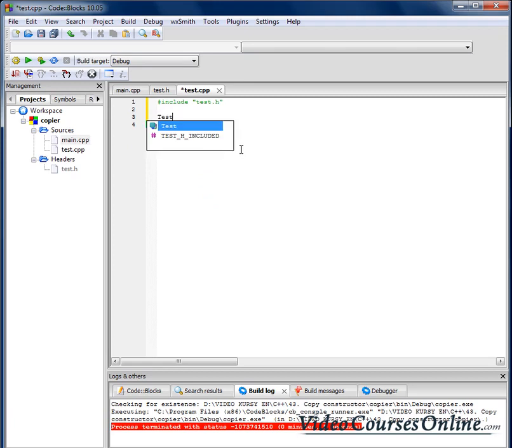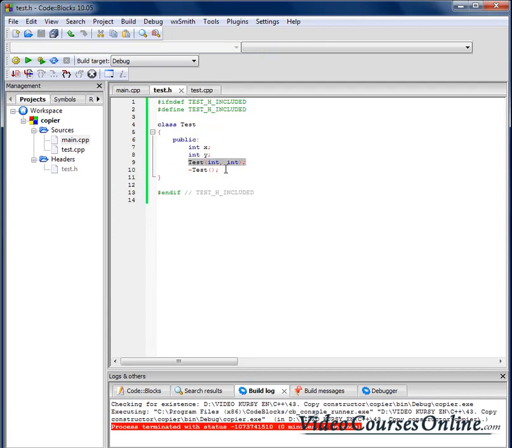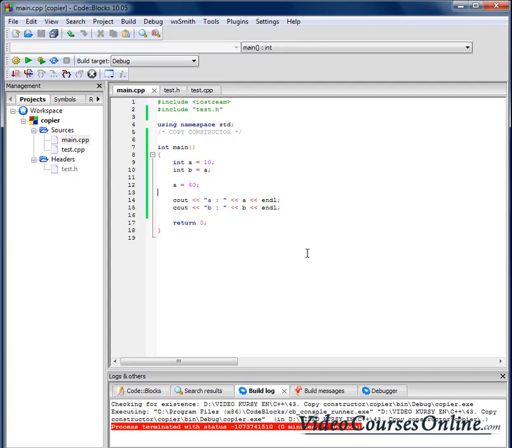Okay, so let's define the things in the CPP file. So we are going to the test, and now x and y, and now I will do something like this: x equals x, and y equals y, right? So this is the typical constructor for that class. Now I will create